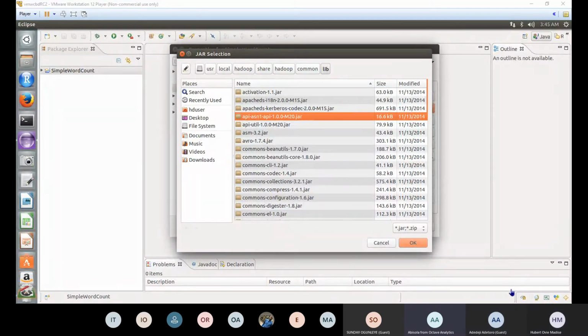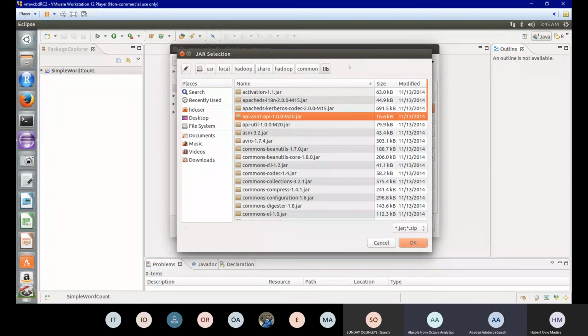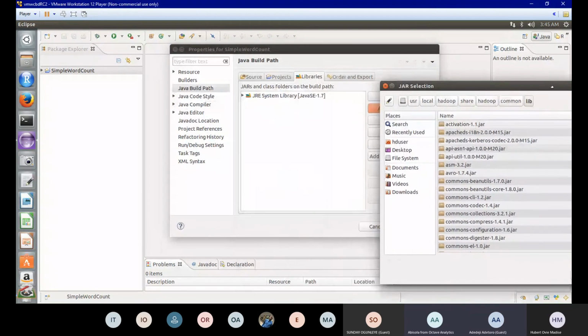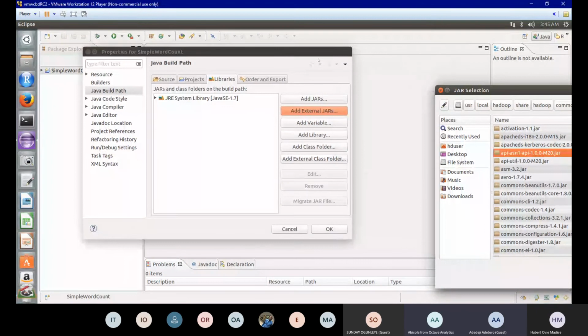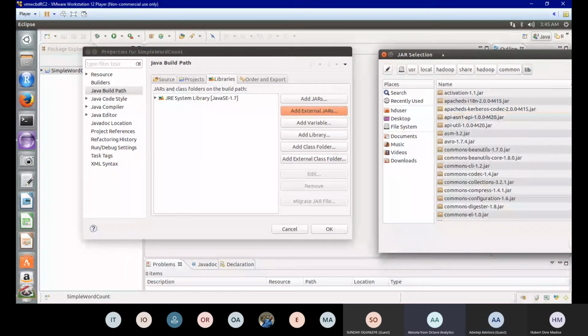You know what, Hubert? Carry this jar selection prompt and shift it to the other side. Shift it to the left. Carry it from the top. Let me see what is behind. Okay, now bring this one out. Let's see that one well. So what did you say happened? After clicking on add external jars, the next window that came out was just empty.